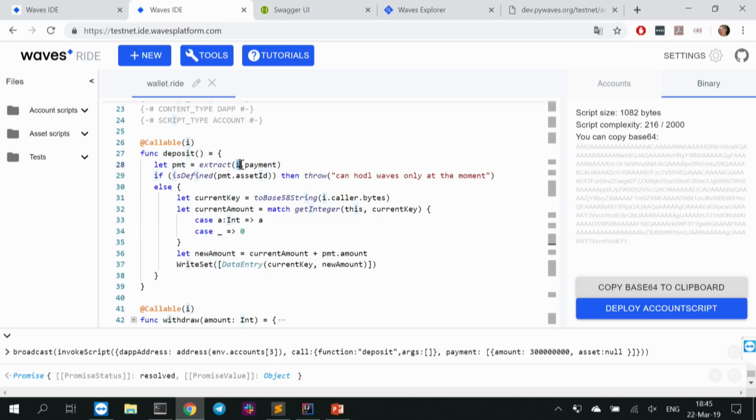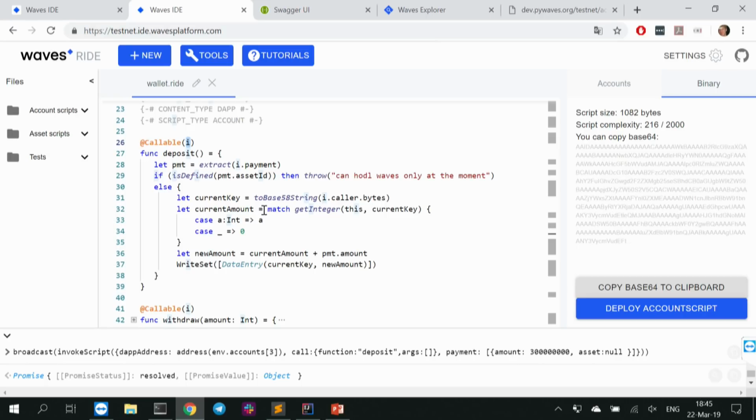And you can access payments through this variable that is bound through this callable annotation. So the idea is like this. When someone invokes a script, the script should be able to introspect this invocation. Like, who did this? Who is the caller? Is there any payment attached? Things like this.